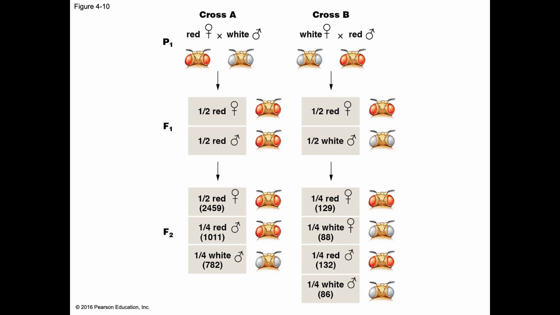So you have a female. She has two X chromosomes, both carry the red allele. You have a male. He has XY. Because he has white eyes, you know that his X has the white allele. And in this case, red is dominant to white. So in a situation where a female fly might carry both the red and the white allele, she will show red eyes. So if we did this cross here,